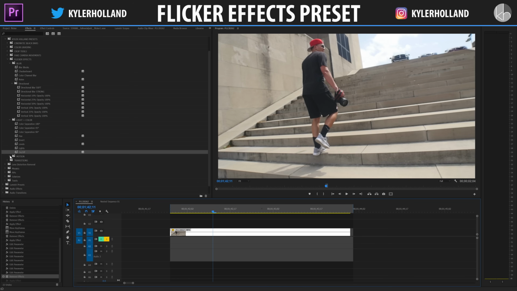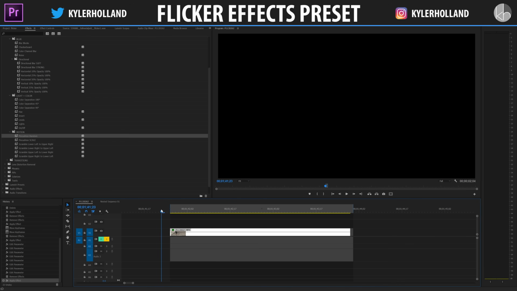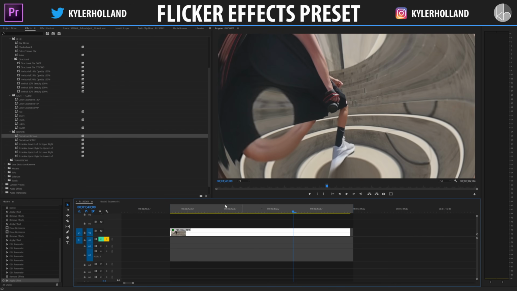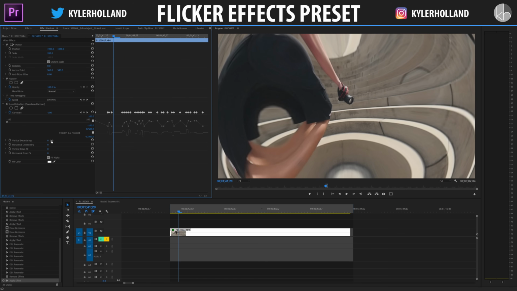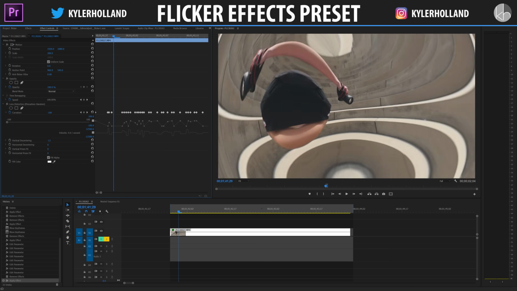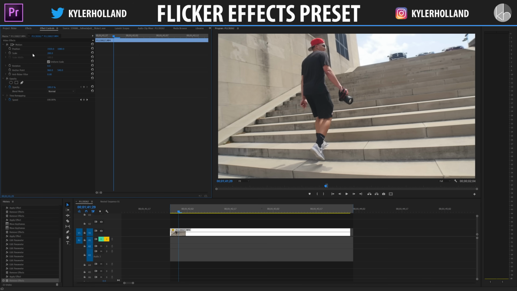Now, under the last tab, we have motion. Motion is basically every transition that has to do with moving the image around in a certain way. Pincushion random is pretty cool because we just got this crazy pincushion effect that we can manipulate under the Effects Controls tab. As you can see, we have a ton of curvature adjustments, but you'll notice that if we literally just go in here and play with vertical decentering and a lot of stuff, you'll get some really crazy effects going on, as you'll see by the next one, which is